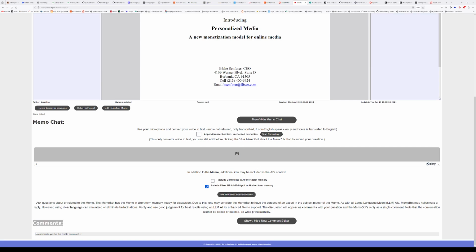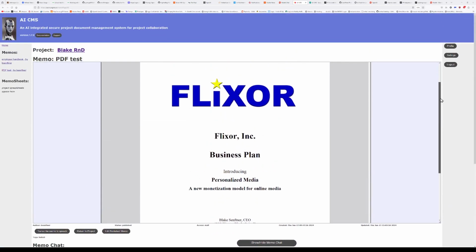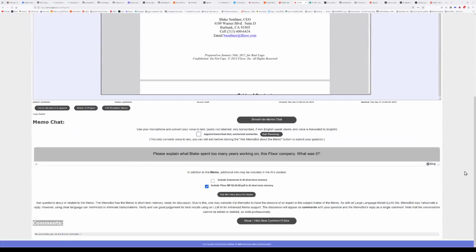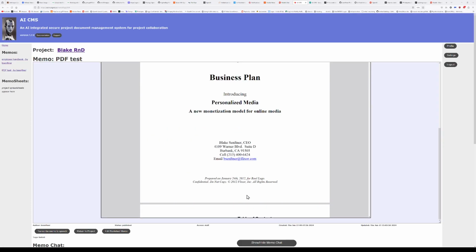So please explain what Blake spent too many years working on, this Flixer company. What was it? Okay, so I'm going to ask that question, and the entirety of the memo is pretty much just this 64-page PDF. So asking the memo,